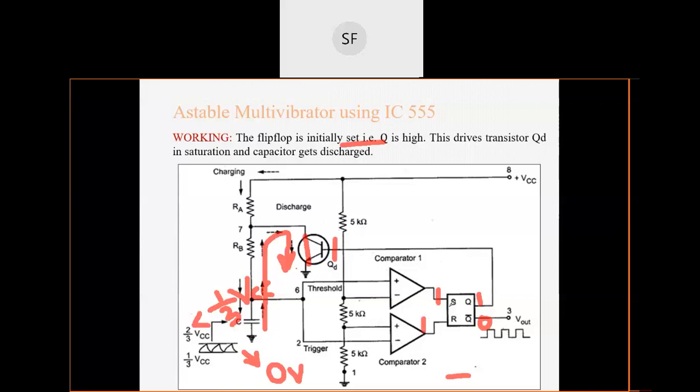Now we are again returning to the flip-flop. I will change the annotation, and now this comparator 2 output is nothing but the reset input of the flip-flop. Now your flip-flop will be reset. That means Q will be 0 and Q bar will be 1. Hence your output will change state from 0 to 1. Now this 0 will make your transistor work in the cutoff region, and in the cutoff region there won't be any current flow because your transistor will act as an open switch.